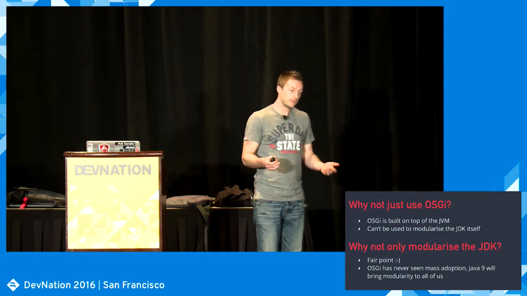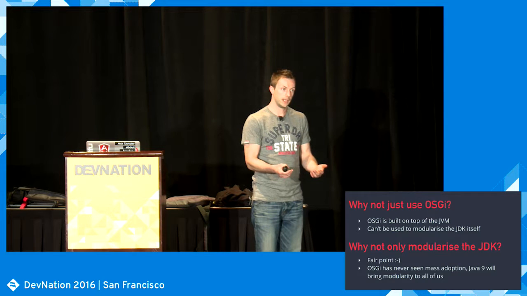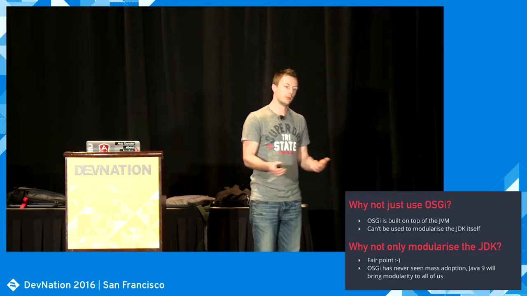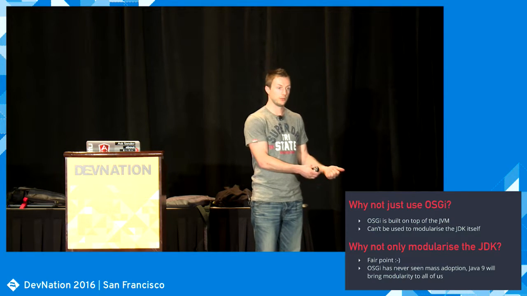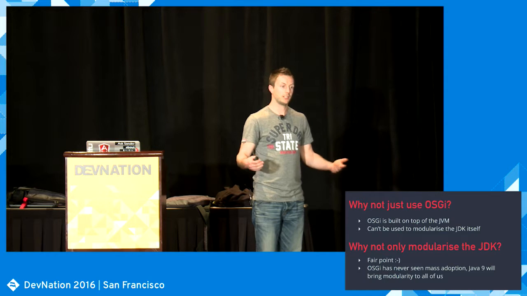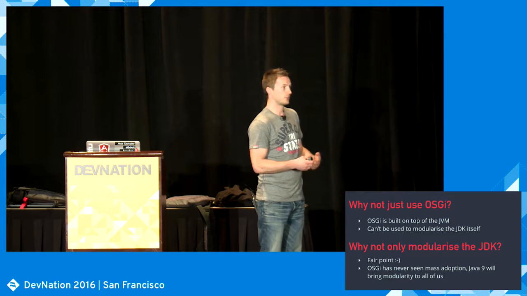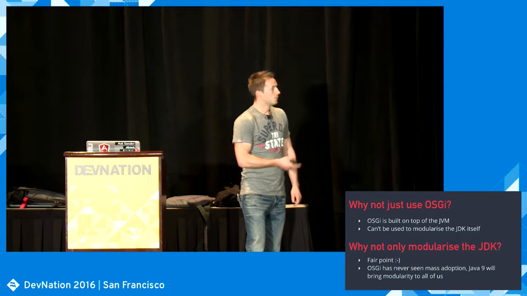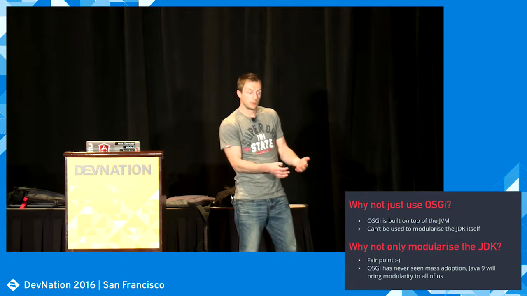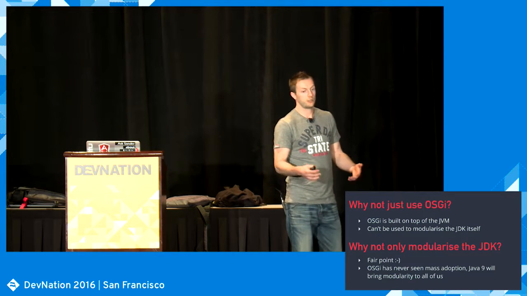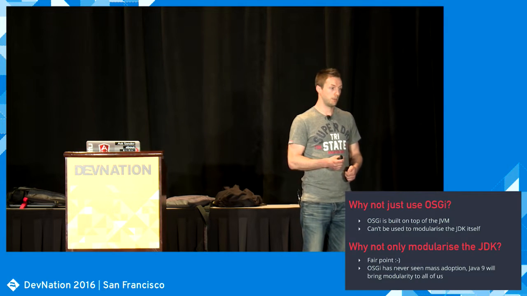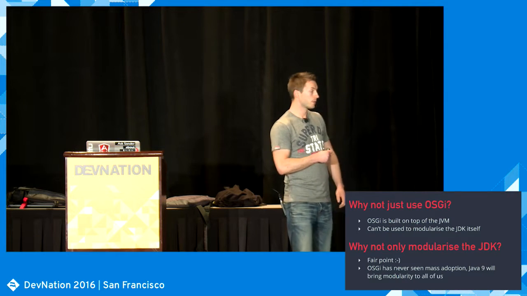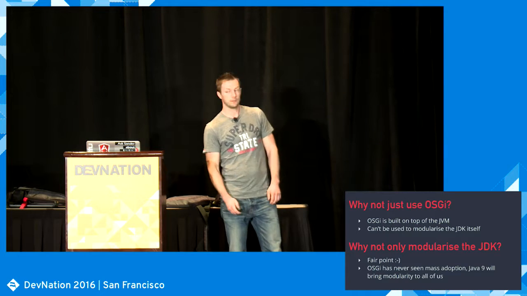And that's because it's always this extra thing. And that means that tool vendors and library authors never really care about it the way they should, because some people are using it, but most people are not. So what do you do if you're a library author? Is OSGi the first thing on your mind? No, probably not. Very understandable. But with Java 9, this concept will actually be part of the Java language, and there's just no way around it anymore. And it means people will have to deal with the problems that it might bring. And that's probably good news.